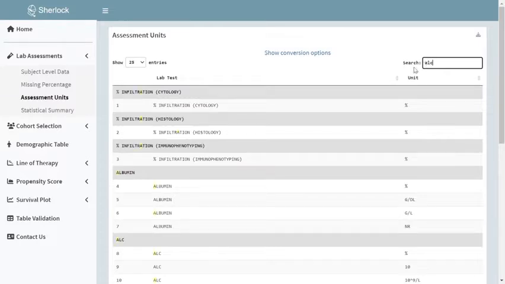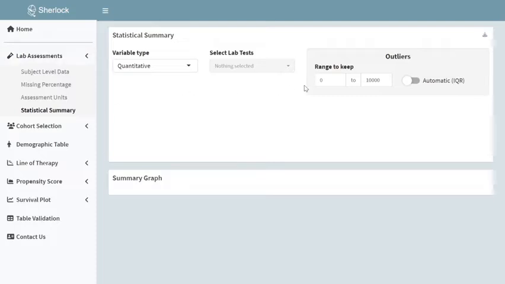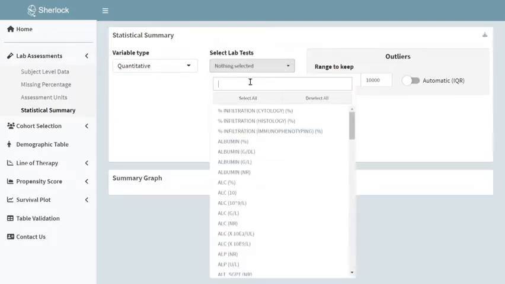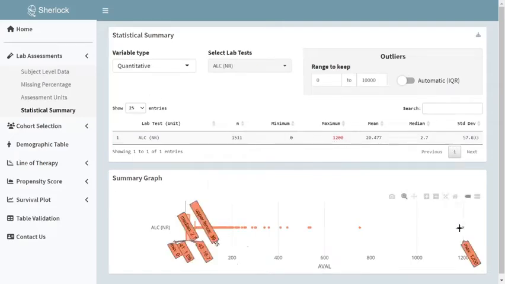We can take the CLL real-world evidence study as an example. Let's do a simple filter on ALC. As you can see, there are 7 different units for ALC and one of them is NR. Then we'll need more details by using the Summary tab. It allows you to select the ALC with unit NR. It will show you how many records with unit NR and the statistical summary,